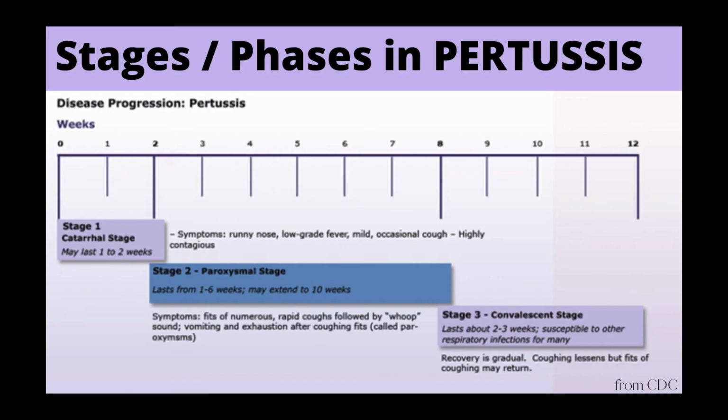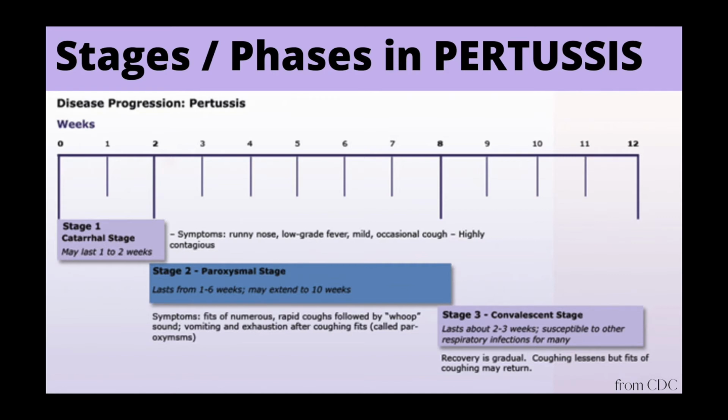To make things worse, symptoms of pertussis sometimes do not develop for as long as 2 to 3 weeks, and 2 weeks after the coughing begins, people are most contagious. There are 3 general phases of pertussis. Stage 1, the catarrhal phase. This is the most infectious phase, and it's when symptoms of runny nose, fever, sneezing, and mild cough occur.